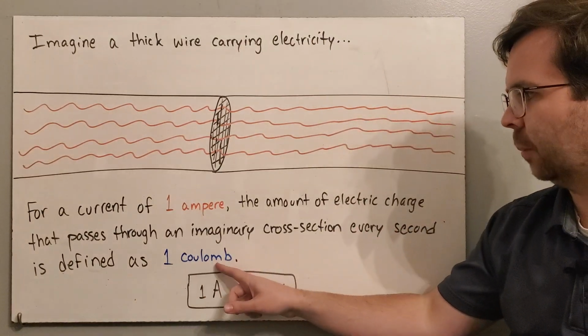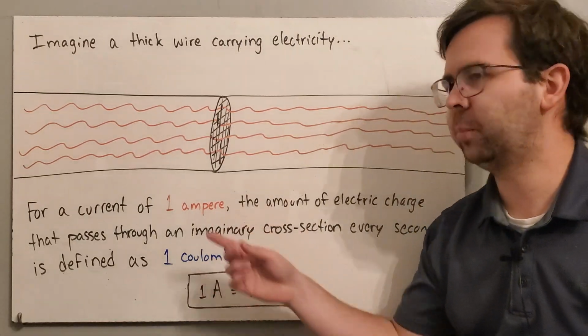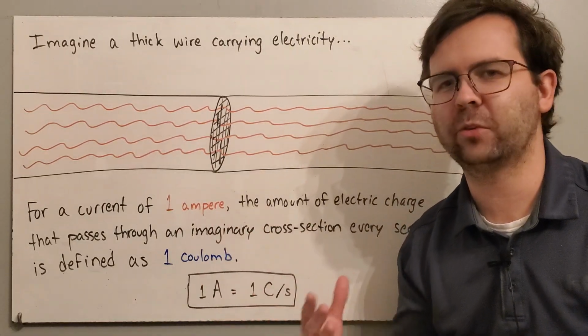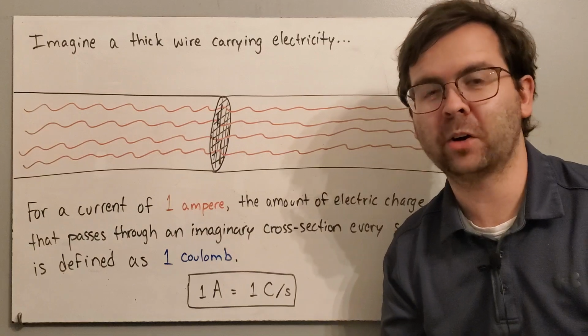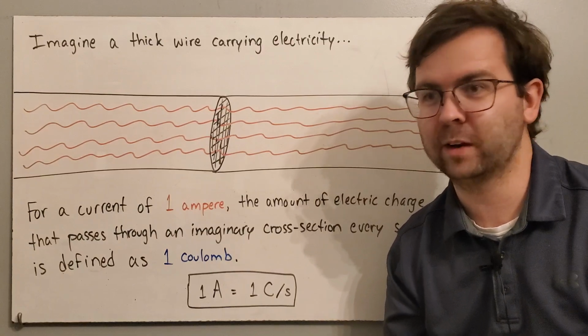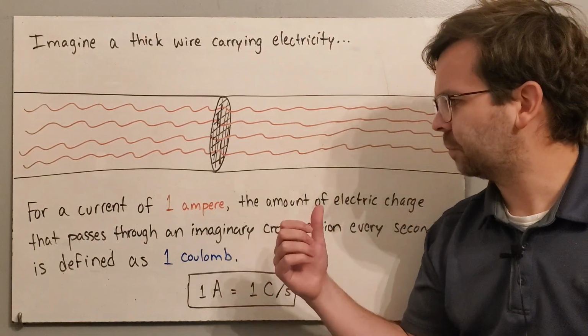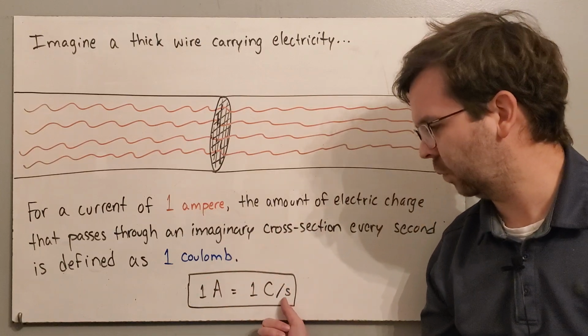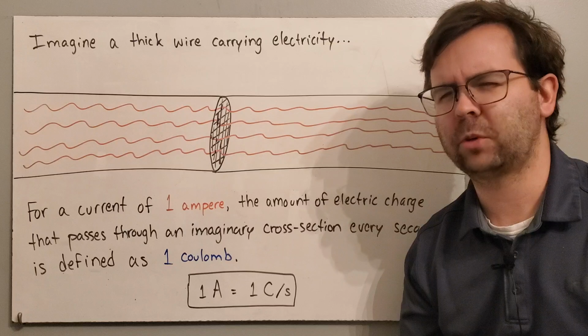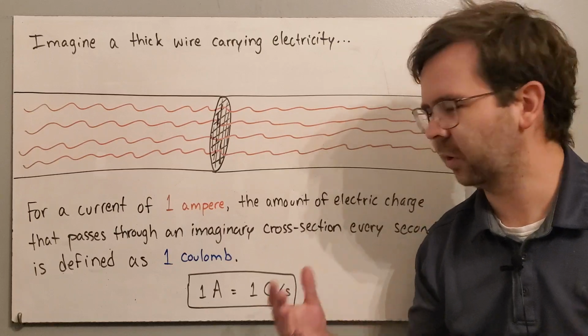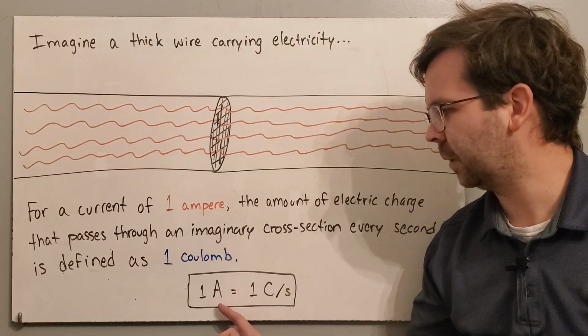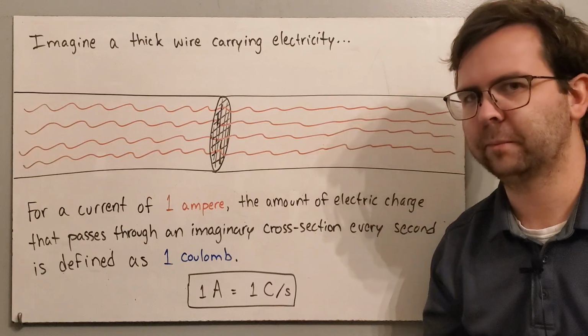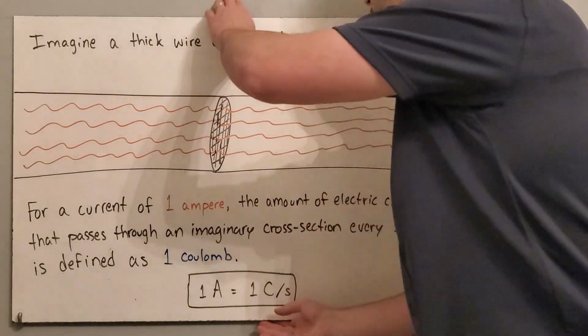So this is the coulomb. It's named after Charles Coulomb. Ampere is named after Ampere. So all these come from different scientists who made contributions to electricity. There's a lot of them. And so 1 coulomb of charge happens to pass by in 1 second for a current of 1 ampere. That's a lot of words to keep track of, but 1 ampere is equal to 1 coulomb per second passing by. So in summary, the units that we're dealing with